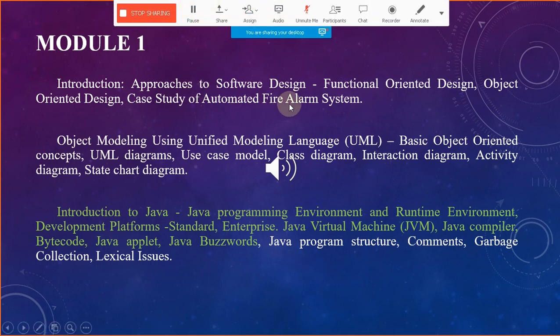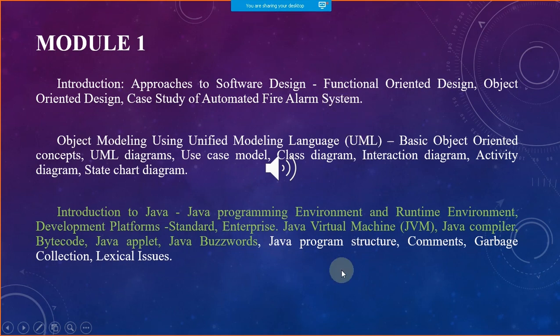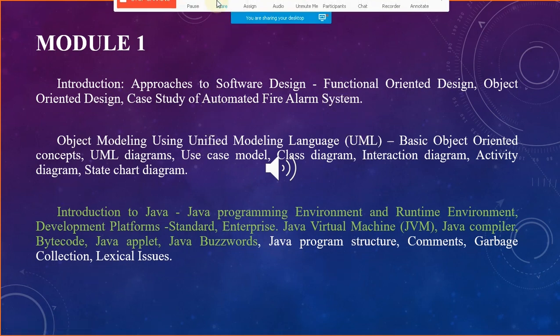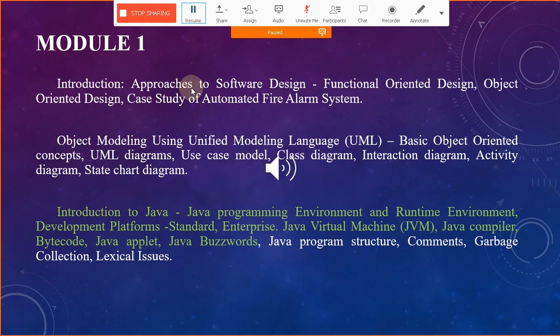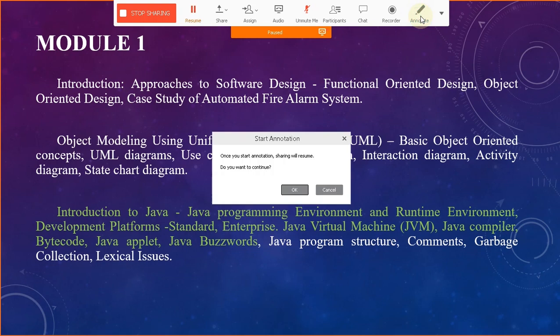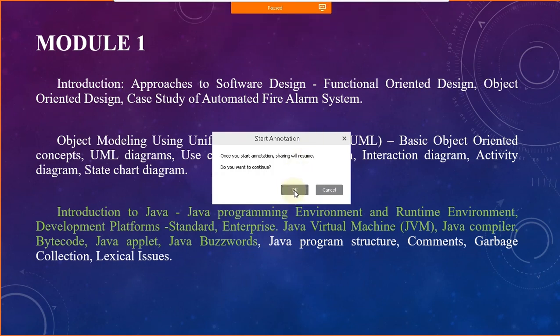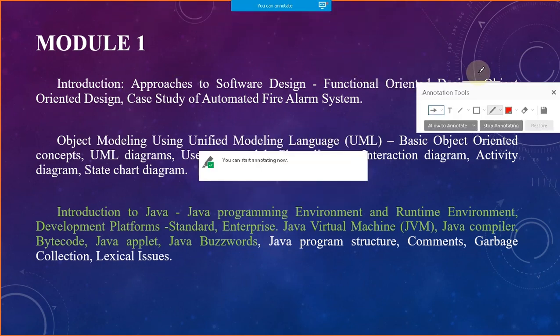Suppose I want to tell more detail about this particular slide. So what I could do is, I can pause, and then I can tell more about the screen, and then once I finish, or I want to ask questions, or maybe I want to annotate. For example, you know what is annotating. Okay, I'm going to annotate it,